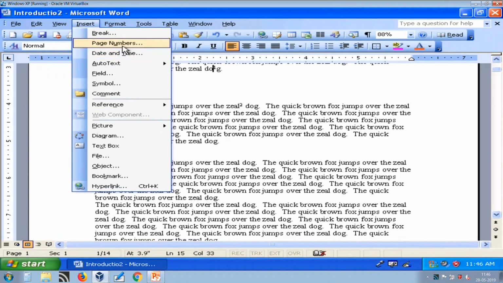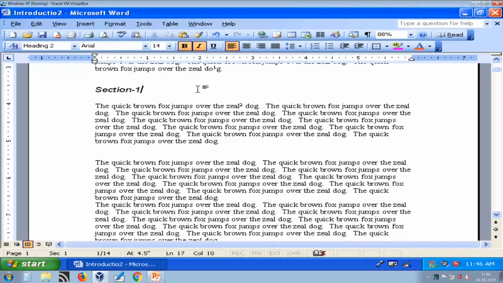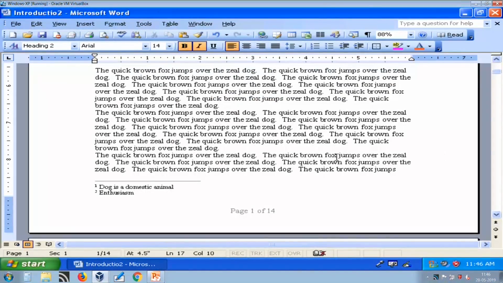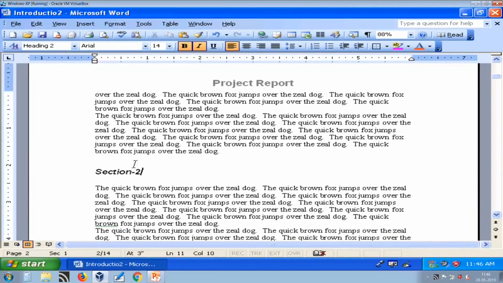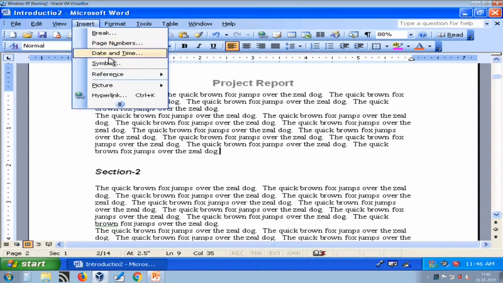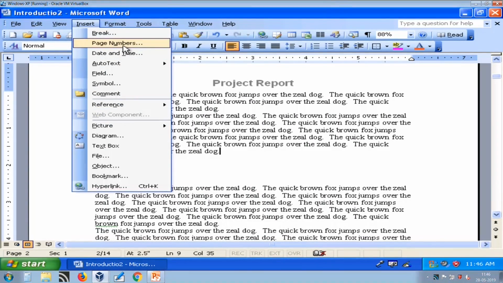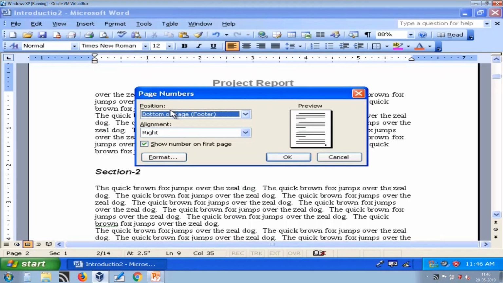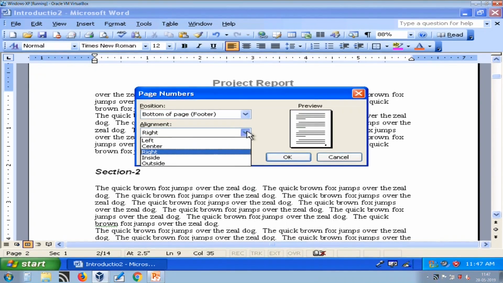Now, here we have page number. Inside insert we have option page number. So, here I can say page number. So, where I need to insert page number? There are two options, either top of the page or at the bottom of the page, and there are alignments like left, center, right, inside or outside.